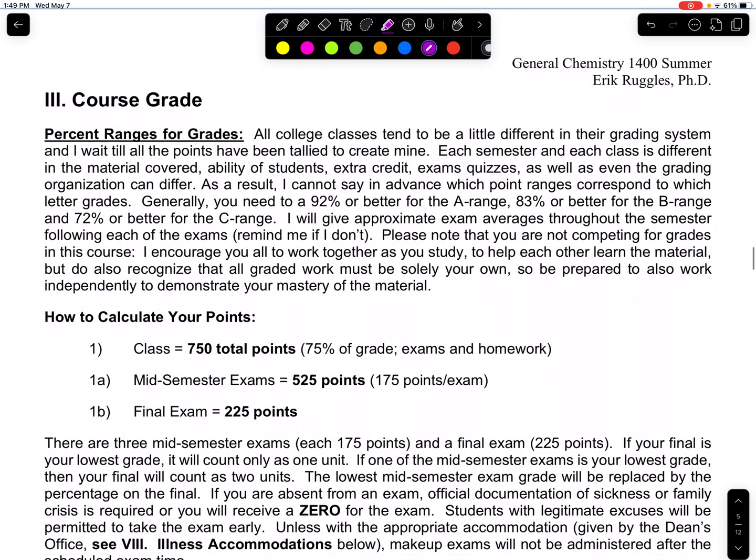Course grades. So in terms of grades, my grade borders tend to flux depending on the actual class. But if you really are looking for absolutes, even though these borders could change a little bit, they will never go higher. So if you get a 92% or better, you're guaranteed an A of some sort. 83% or better, you're in the B range, and then a 72% or better, the C range. So those are the three ranges that we would like us to be in. And if you're below that, well, then we're in the D and the F area, and we should be reaching out for help for sure if we find ourselves in that predicament.